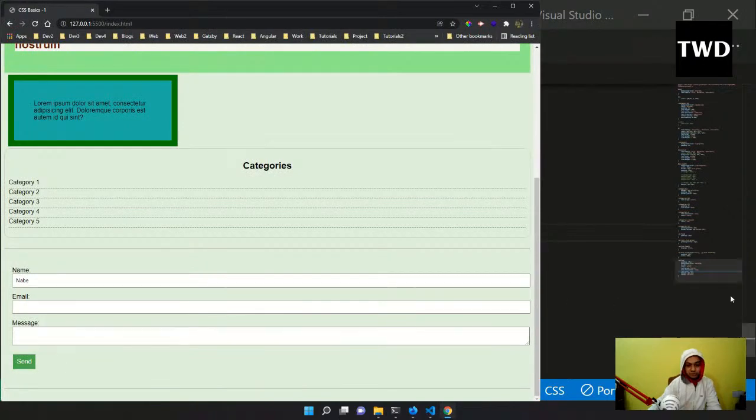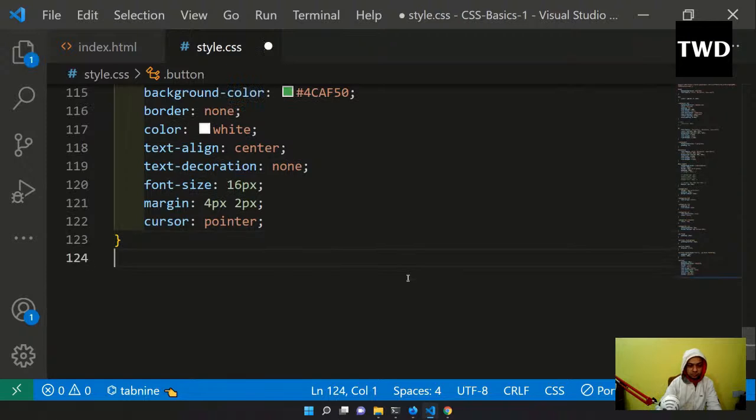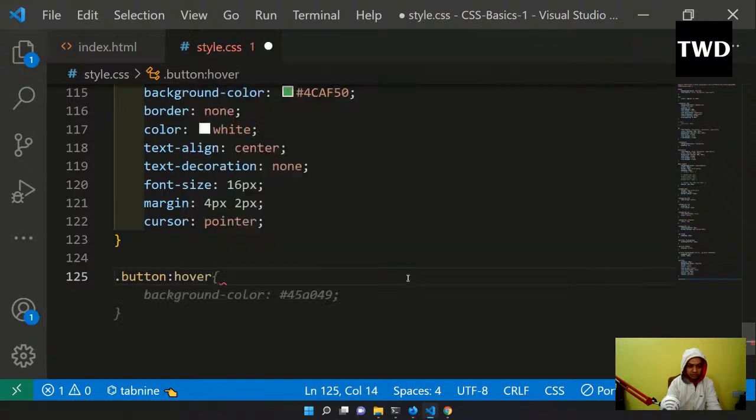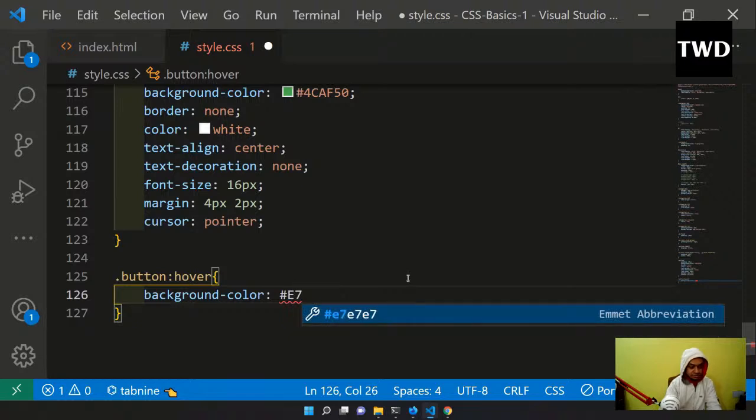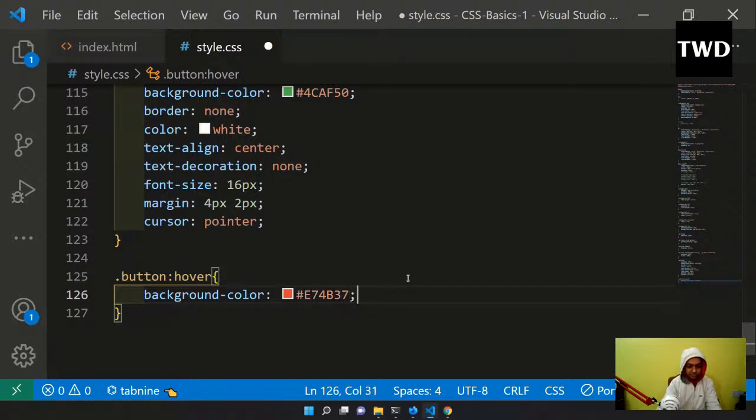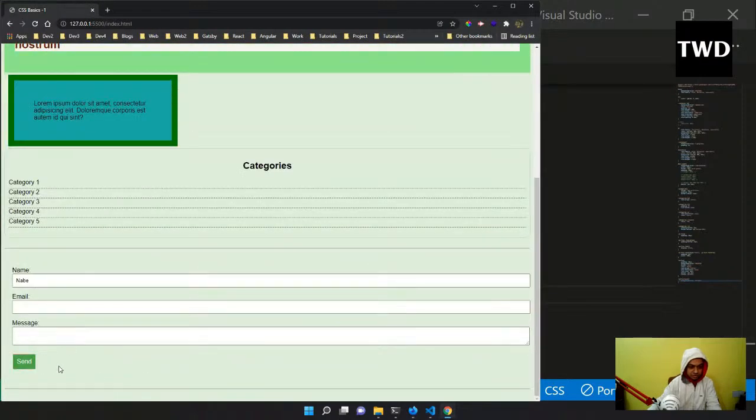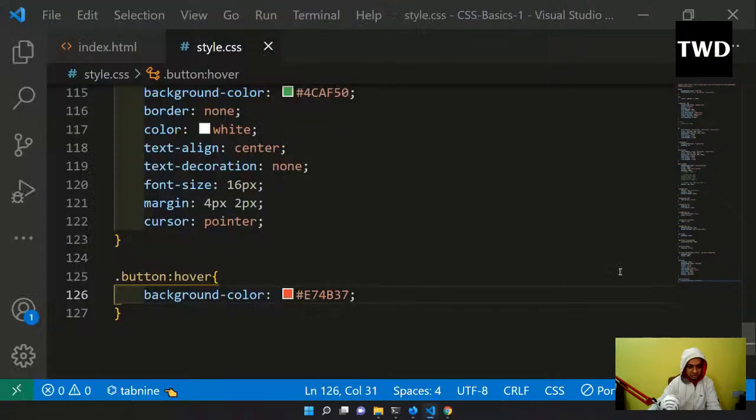but I want to give the hover property now. Okay, so .button:hover I have to give, and background color is #E7B437. And if I go here, the hover is like this, changing it to a red, and it is looking very good. So this is done, our button is done,